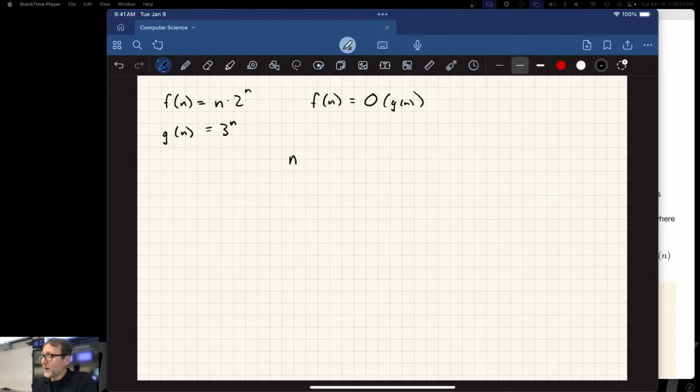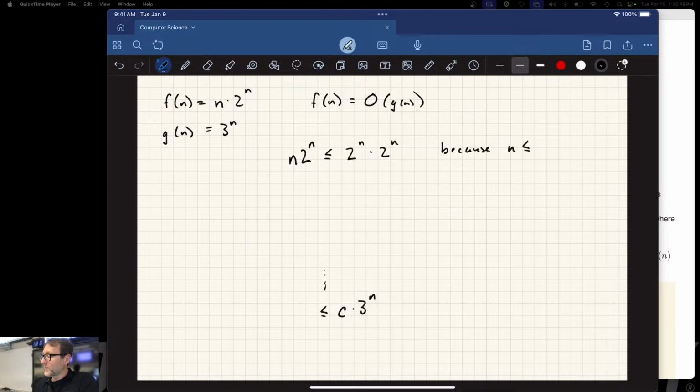Now we need to set up the inequality. n times 2 to the n is less than or equal to, dot, dot, dot. We want to make this look like c times g of n, which is 3 to the n. How do we do that? Well, I've got two terms here. I've actually got two sub-functions, f1, which is the linear term, and f2, which is the exponential term. And so the entire function here is f1 times f2. I want to collapse that down so that I'm only dealing with one term, right? One naive way of doing that would be to say, well, this is certainly true, right? Because